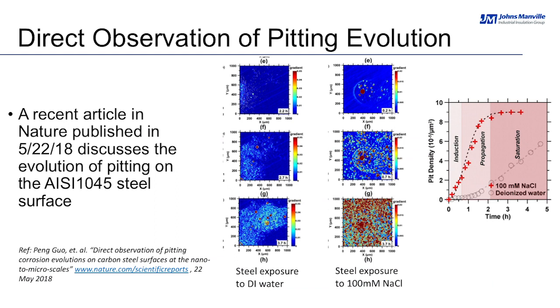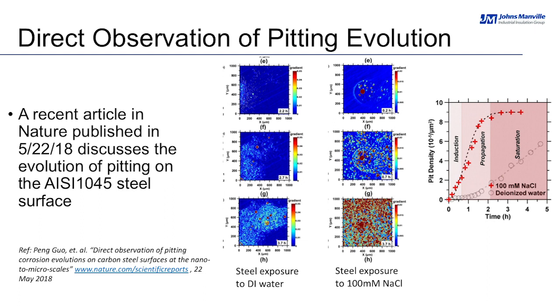So I was looking at the Nature magazine this last month, and I found a very interesting publication there where they did direct observation of pitting evolution. They used a 1045 steel, and they exposed the surface of these materials to 2 types of environments. One is DI water, and the other one is sodium chloride solution. And as you can see there in the image,